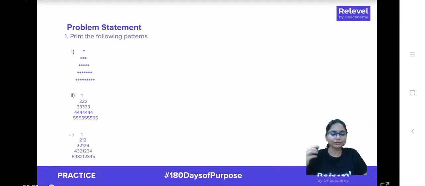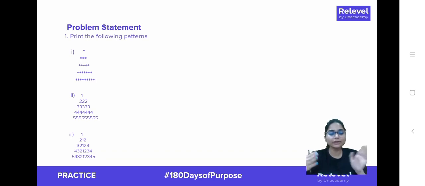Pattern number 3. If you will observe, all the 3 patterns are actually quite similar to each other. The only difference lies in what we are going to print there. In the first one, it was all about stars. In the second one, we were printing only the row numbers. But in the last one, if you will realize, every row is following